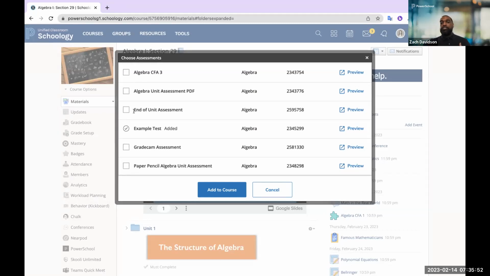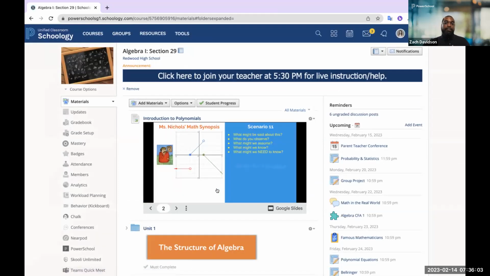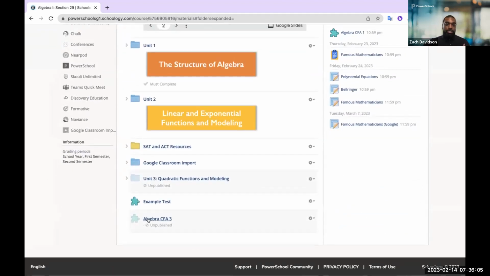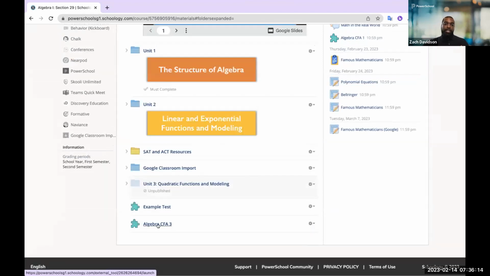You can see here that teachers can access those assessments from the Performance Matters solution and aggregate them inside of the Schoology course. So now, as a teacher, I've applied that course in my classroom, as you can see here with this Algebra CFA. Once again, I can manage the publishing of that assessment. And then from a student perspective, when they open up this assessment, they do so inside of Schoology. So it doesn't kick the student out whatsoever. It takes them to the assessment that they can aggregate right here from within the platform. So we want to provide a very simple and easy to manage tool.